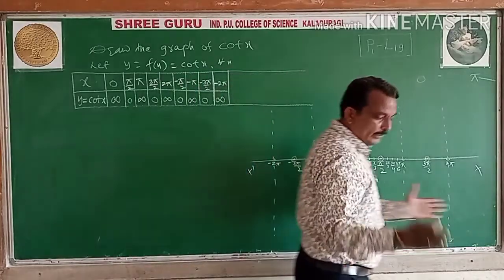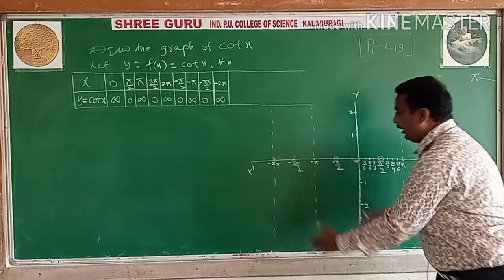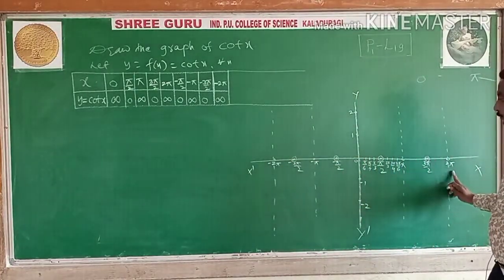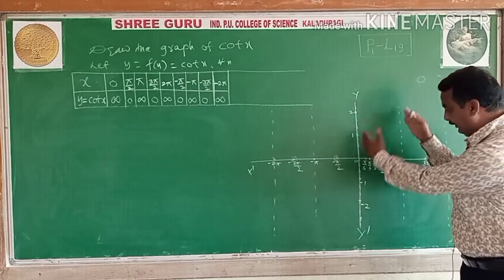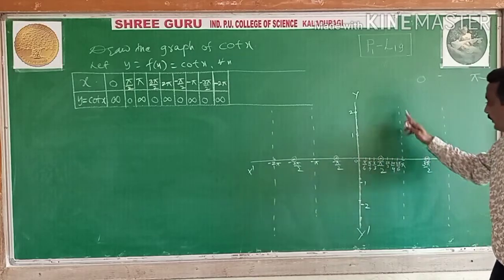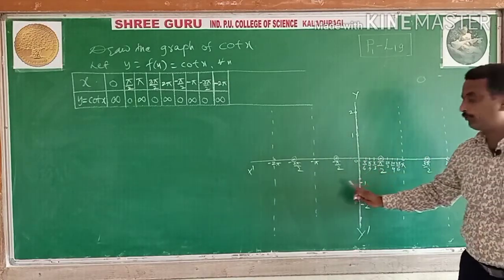Here we are choosing any one of the intervals between infinity lines. Either you take this one, or this one, or pi to 2 pi values also. Any one interval you can take. On 0 it is infinity, and this is also infinity. Here I have chosen the values in between 0 to pi. So which values have I taken?